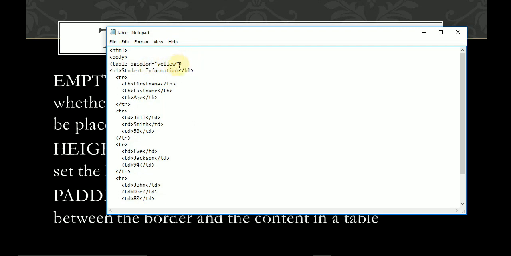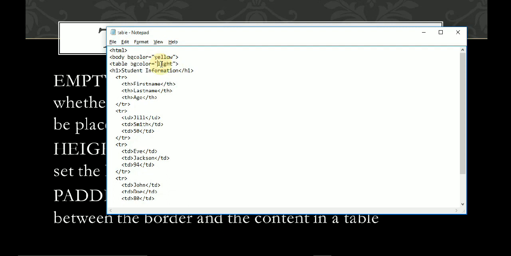If you are applying this attribute in body, then it will apply to your whole screen. Now we are putting the bgcolor in body, that is yellow, and here is the light green color. For setting this, we can see the output.